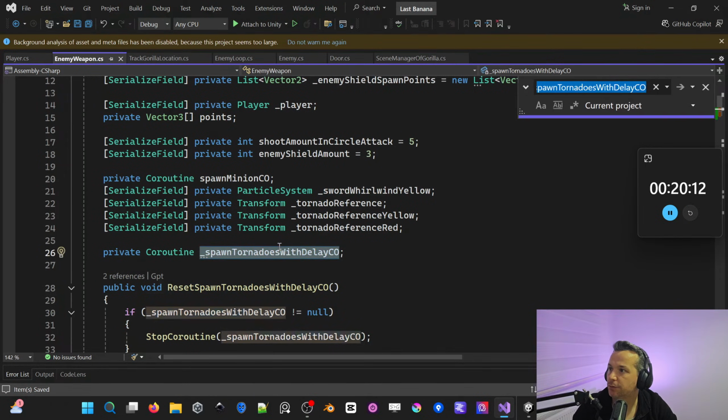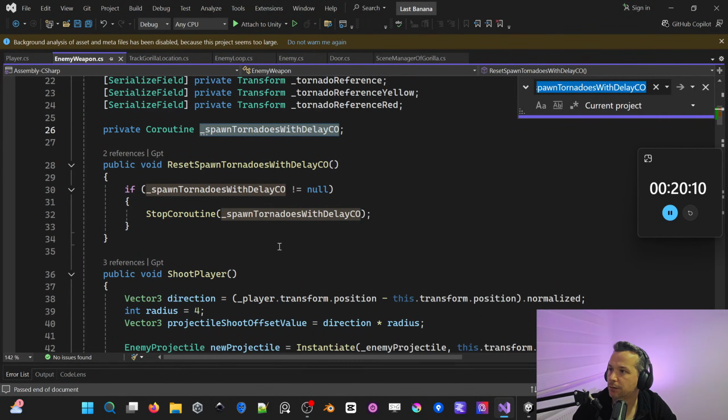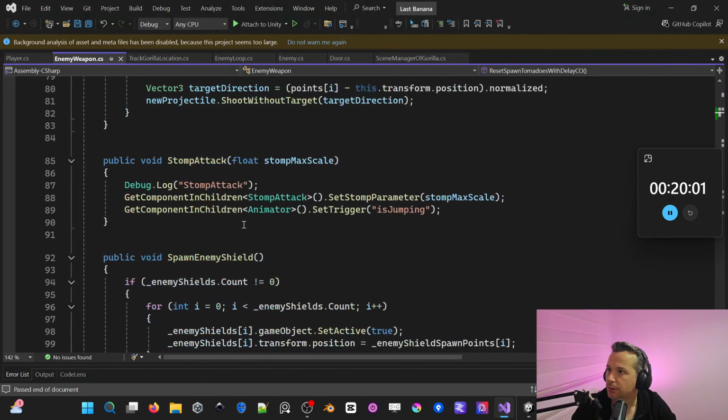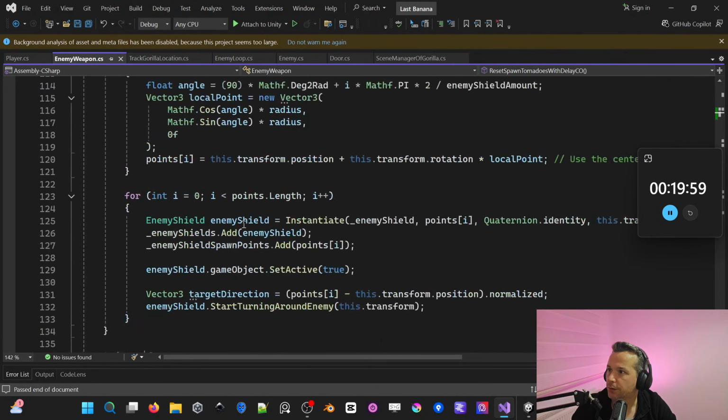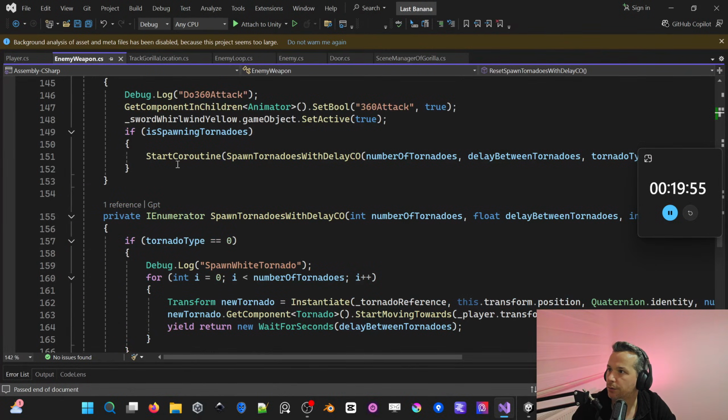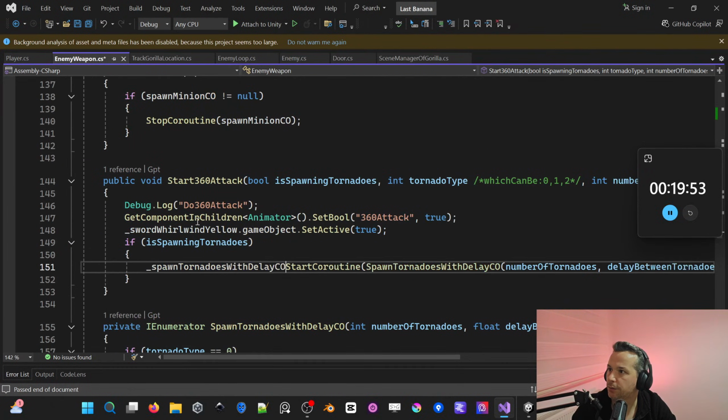Spawn tornadoes with delay. 1, 2, 1, 2, 1, 2. Spawn tornadoes, because I forgot to add a reference for spawn tornadoes with delay. The coroutine is spawning tornadoes. Let's also